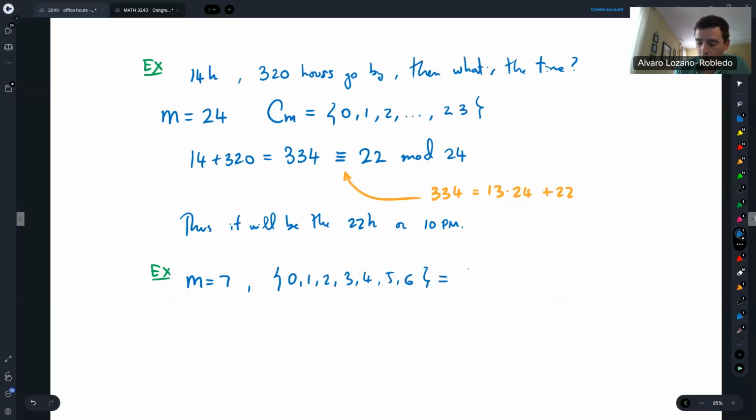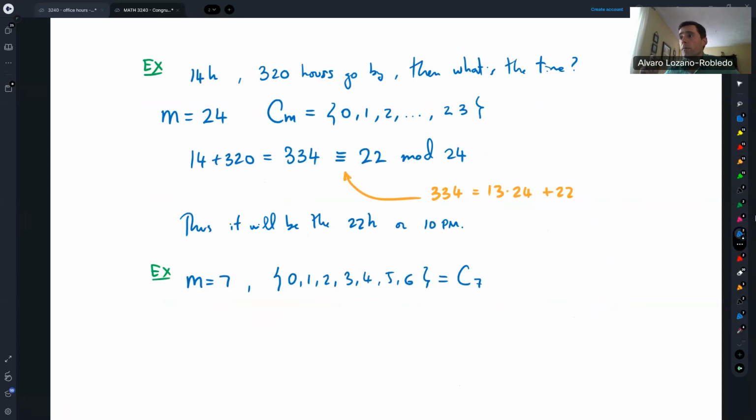This is what we're calling C7. But sometimes we want to change the residue classes to be other types of residue classes. So you might have other types of sets such that every number is congruent to a number in that set. So for example,